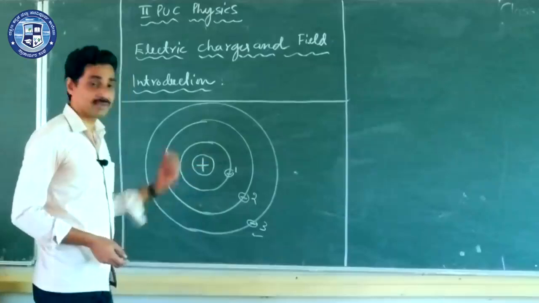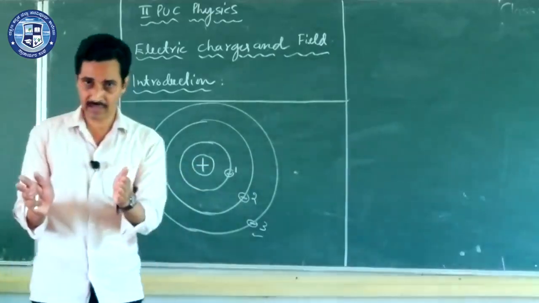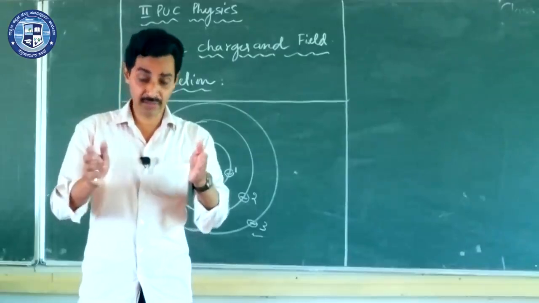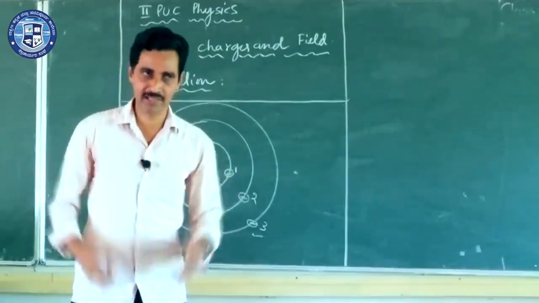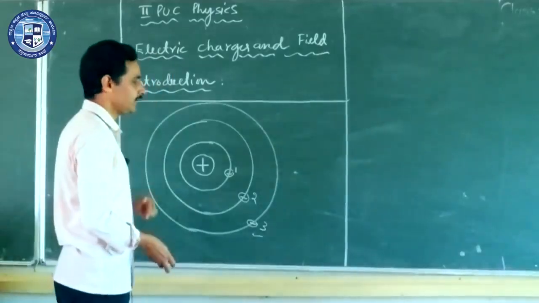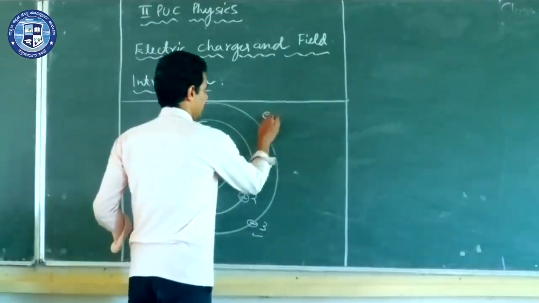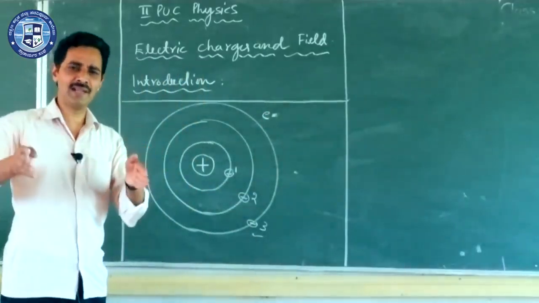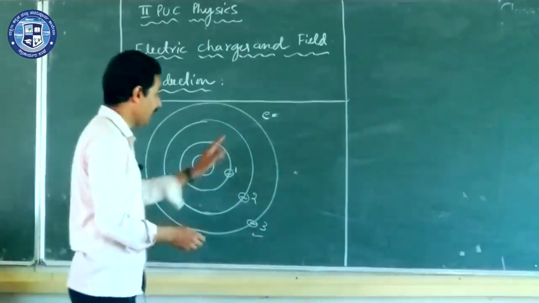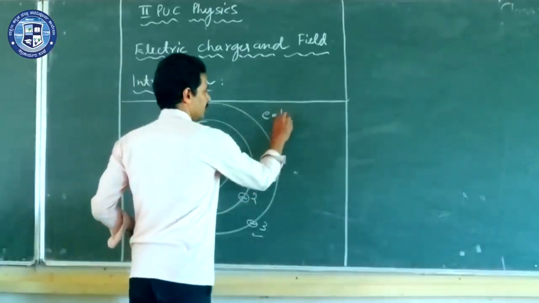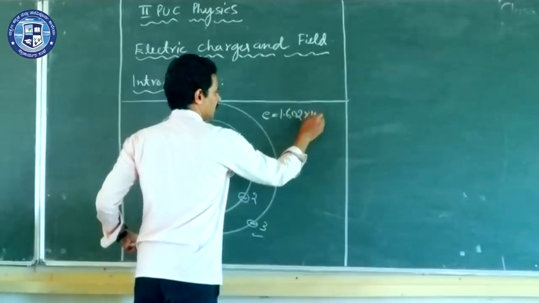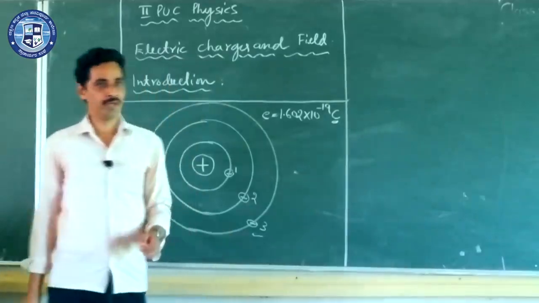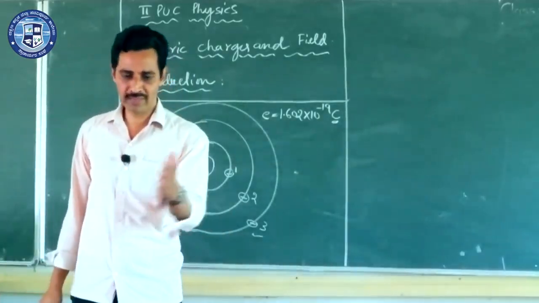So now what are the charges? What is the amount of charge that you have in electron and proton? The sign may be negative or positive, in order to identify that they are of opposite nature. What is the value? The charge of electron was experimentally verified, and I will take it as e, and I don't write that it is negative or positive. I will simply write its magnitude. The magnitude of charge of electron or proton is 1.602 into 10 to the power minus 19 C. What is C? C is Coulomb. SI unit of charge is Coulomb.